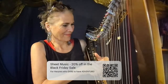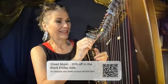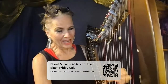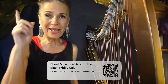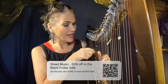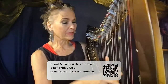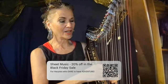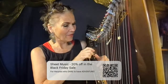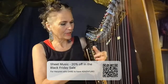Now I'm doing inverted arpeggios, and then I'm modulating the harp and going to the key of B flat, 2, which is C minor, 5, which is F, B flat, which is 1, G minor, which is 6, 2, C minor, 5, F, then B flat, actually B flat major 7,